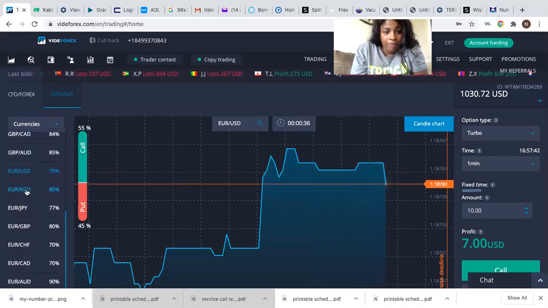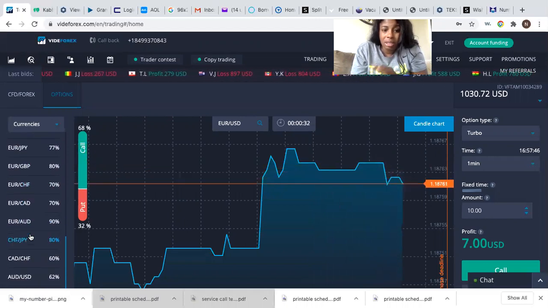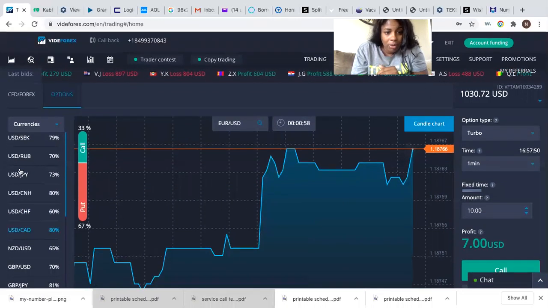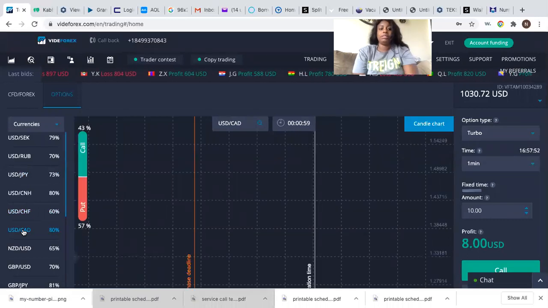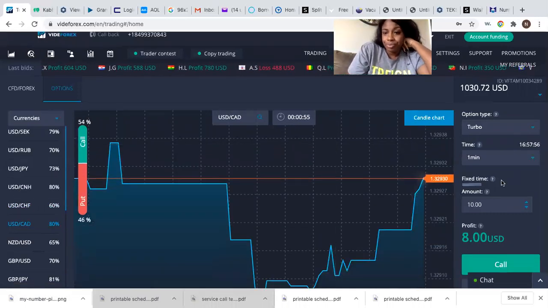USD CAD is currently at 80%. GA is at 85 and EA is at 90. EA is a little too spiky for me. So I am going to roll with USD CAD. All right, so